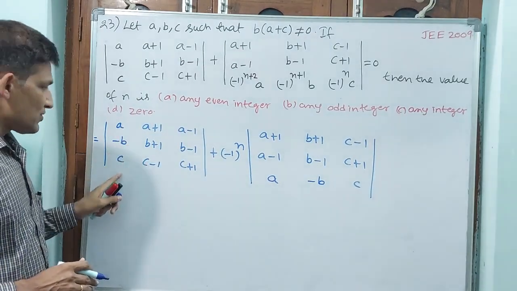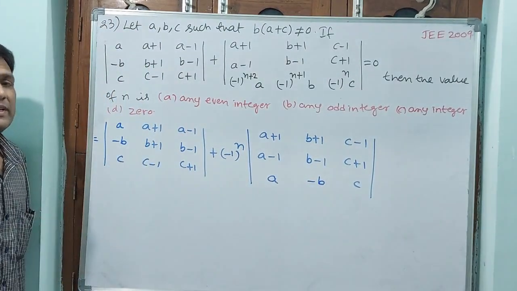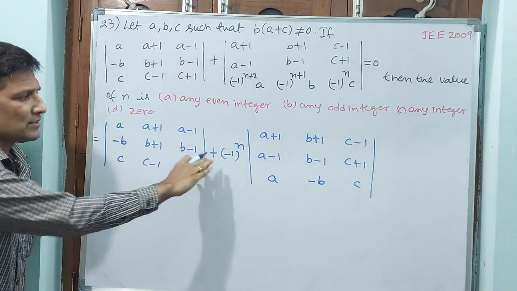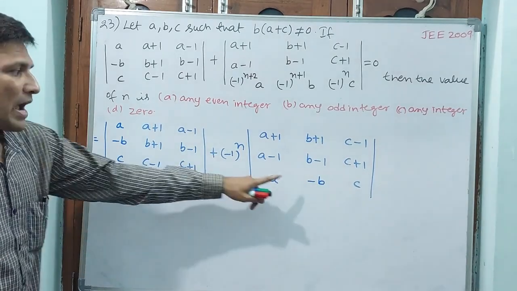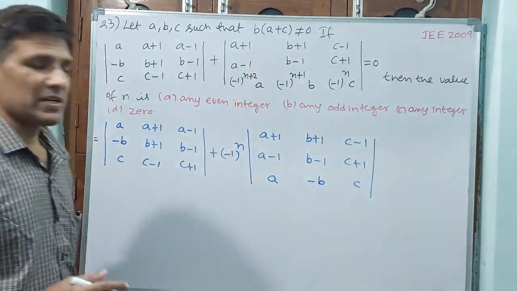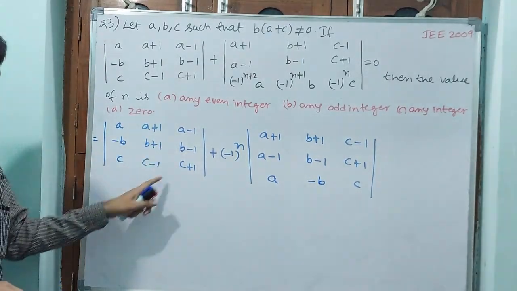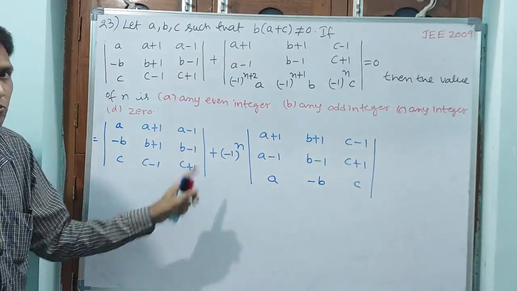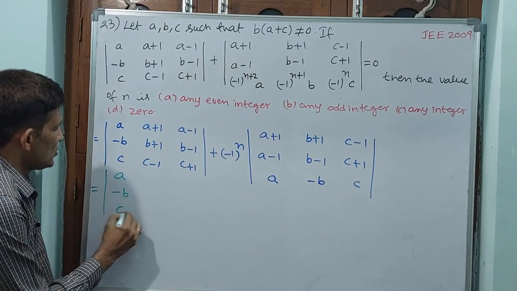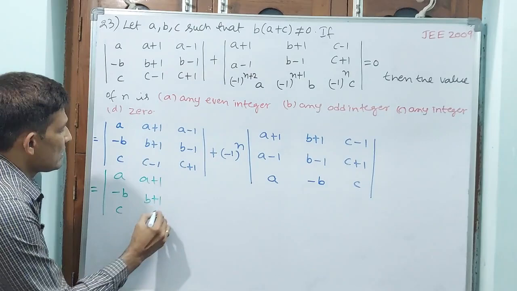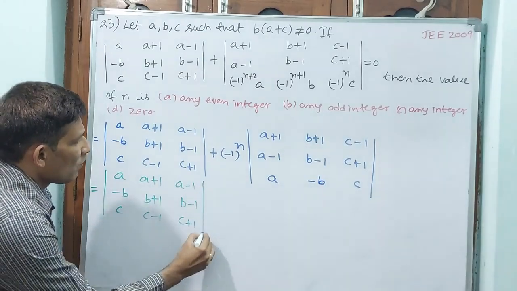See, here a, minus b, c as a column, here a, minus b, c as a row. That means you have to transpose the determinant. We can transpose, you need not do anything, minus plus like that. Okay, you can transpose, value will be same. Okay, see now I am transposing this. That means first row is going to become first column. Okay, transposing, you may be knowing. See, still I am not making any changes in the first determinant. Two determinants are there, addition of two determinants, like you think. Okay, see what I am doing now. First determinant I am keeping same: minus b, c, a plus 1, b plus 1, c minus 1, a minus 1, b minus 1, c plus 1, close.